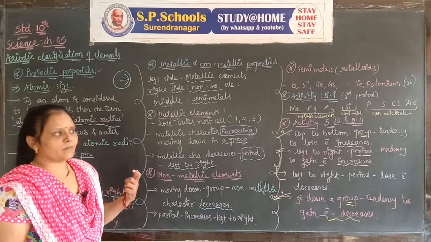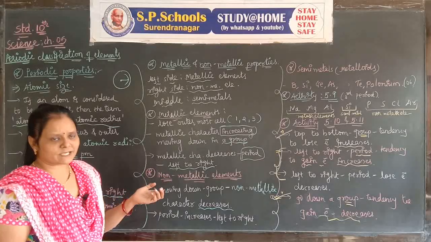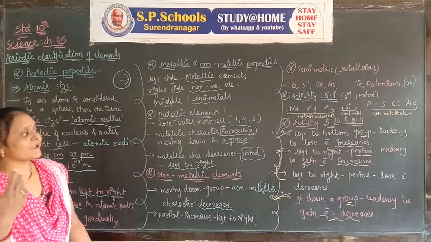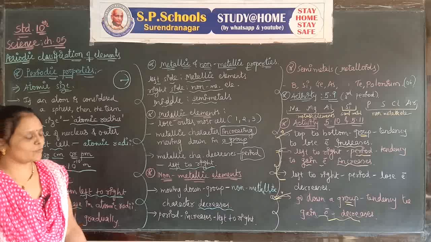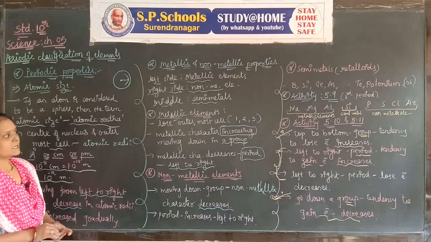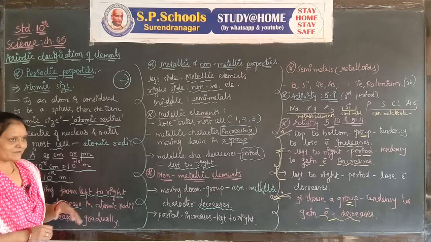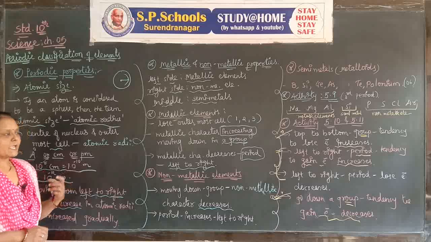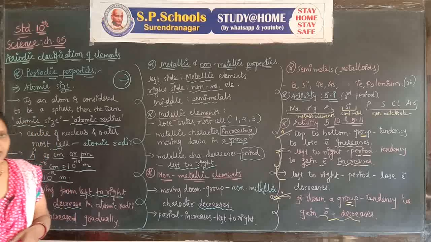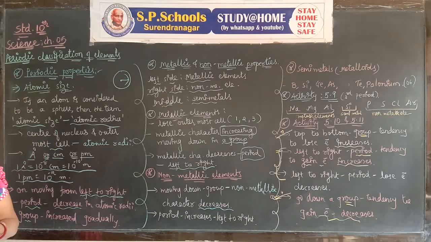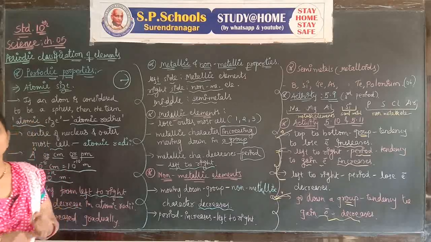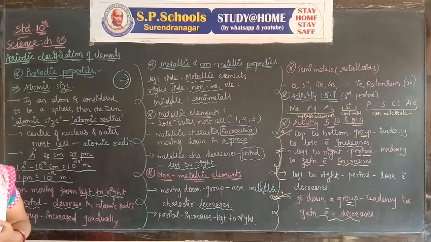You can remember by revising the sentences, and you can write them again and again. So you have to learn the left to right, increasing and decreasing trends in the periodic properties. Here we complete the periodic properties. We see periodic properties in valency. In valency, we study how to find the valency of elements.